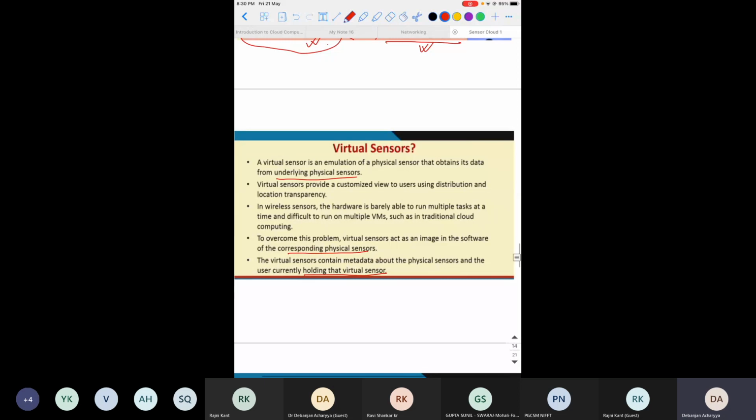For example, for some data, you have physical sensor 1, physical sensor 2, physical sensor 3.